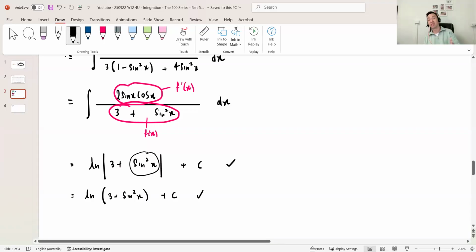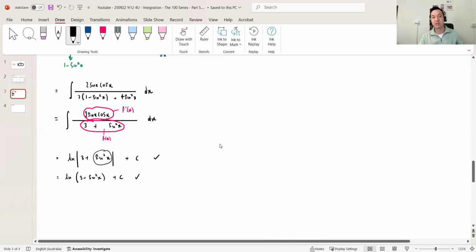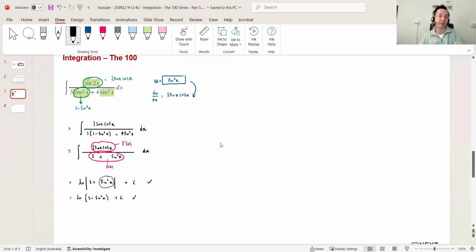Guys, how's that? Nothing too hard about that, apart from applying some identities. I guess some of us might just get stuck, but if you understand, recall, practice or experiment with letting u equal to sine squared and its derivative, that's it. That's how you do this question. Now, let's do one more